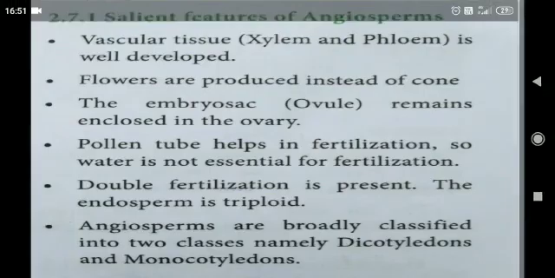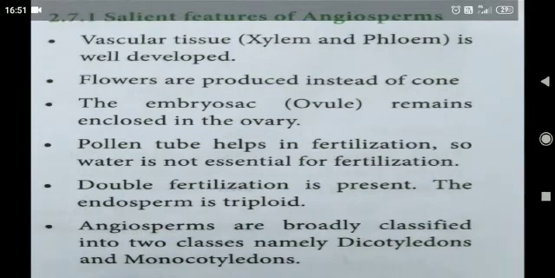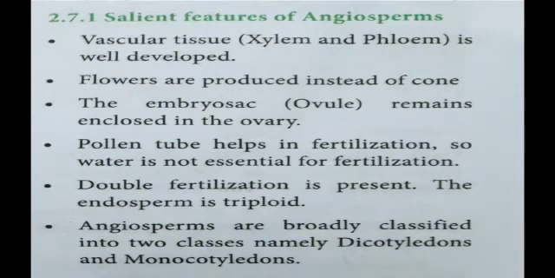And the next topic is the angiosperms. Angiosperms are one of the spermatophyte plant groups, bearing ovules enclosed in a protective cover called the ovary. Such plants are called angiosperms. They constitute the major plant group of our earth and are adapted to the terrestrial mode of life. This group of plants appeared during the early Cretaceous period, that is 140 million years ago, and dominates the vegetation on a world scale. So now we are going to study the topic salient features of angiosperms.